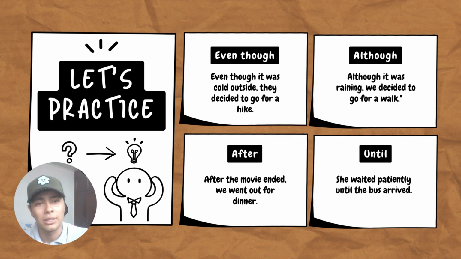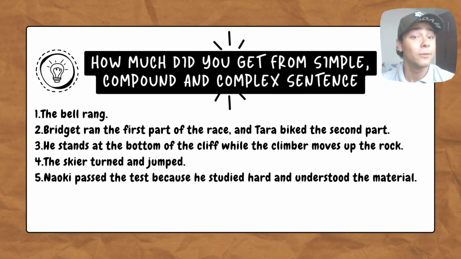And the last one: until, hasta. She waited patiently until the bus arrived. So imagine this situation. Notice how the clauses are related, because first there was a woman waiting for the bus, and then the bus arrived. Last but not least,